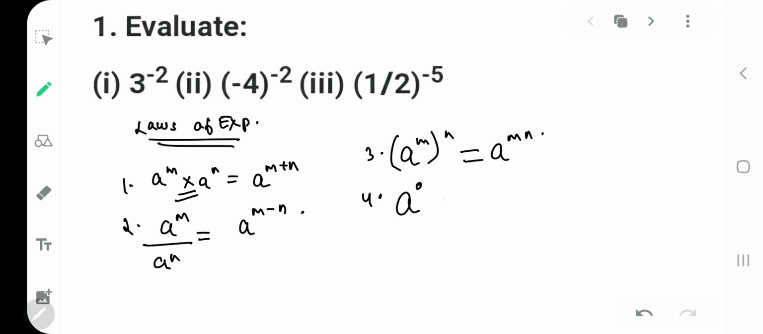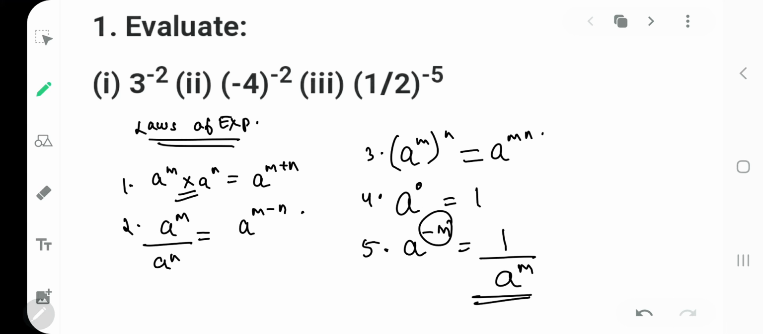If I give you a raised to 0, any base with the exponent 0 will have answer as 1. If I give you a raised to minus m, to convert this negative exponent into positive, you have to reciprocate and write it something like this. Is that clear? Okay, so let's start with our problem number 1,